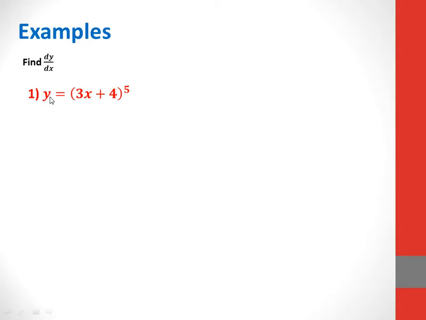If the function is given y is equal to (3x plus 4) raised to 5. Now we have to observe that it looks like y is equal to x raised to 5. Meaning if it is simply x raised to 5, then it is very easy: dy by dx is equal to 5 into x raised to 4. All of you know that the derivative of x raised to 5 is 5 into x raised to 4.